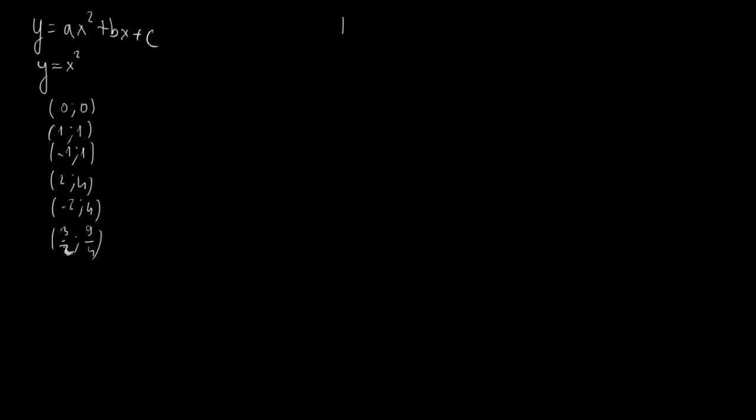So let me sketch a parabola, this y equals x squared parabola, in this Cartesian coordinate system. Now we know that the origin is a point of the graph, and 1, 1 and minus 1, 1 are also points of it. We know that 3 over 2, 9 over 4, which is just a bit bigger than 2, is also a point, and 2, 4 and minus 2, 4